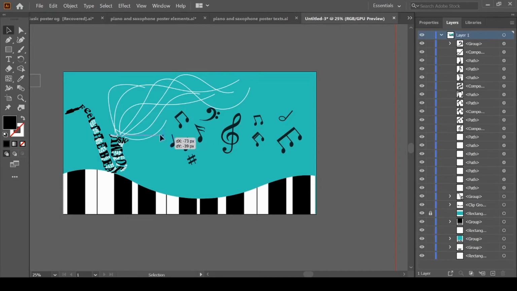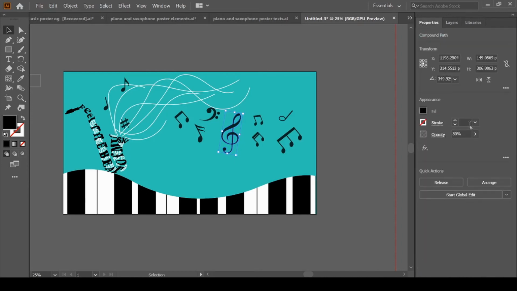Okay, now just put these notes on these waves randomly. Just make sure these musical notes opacity is 80%. Okay.